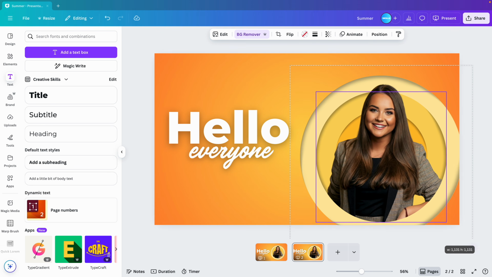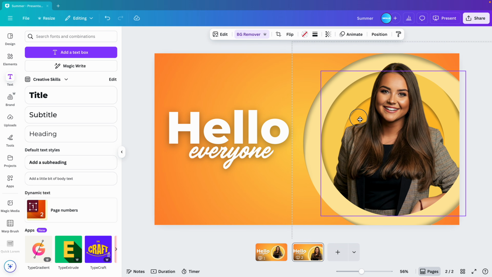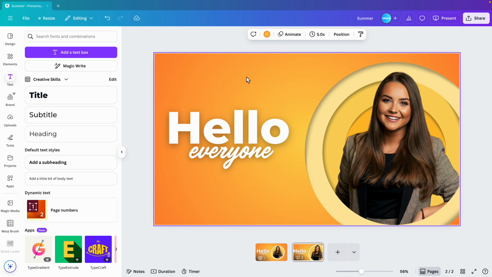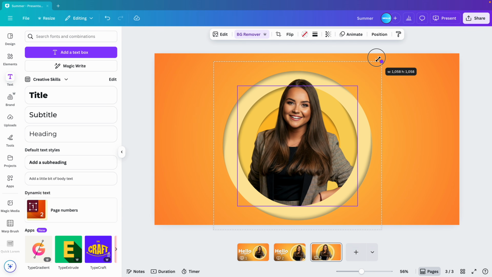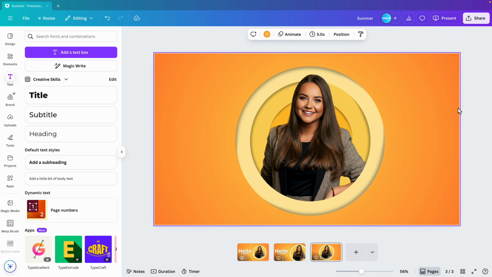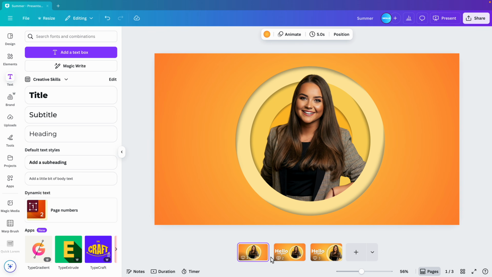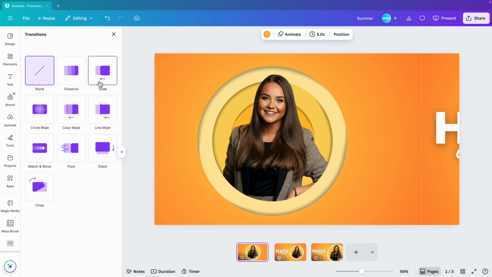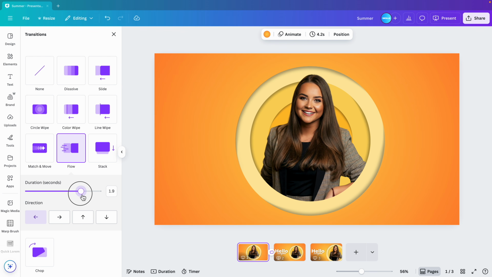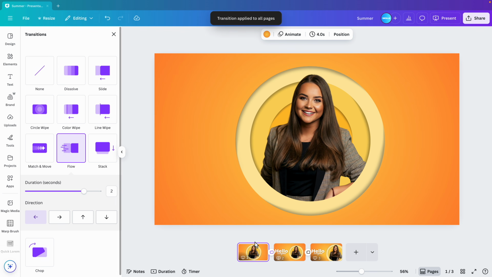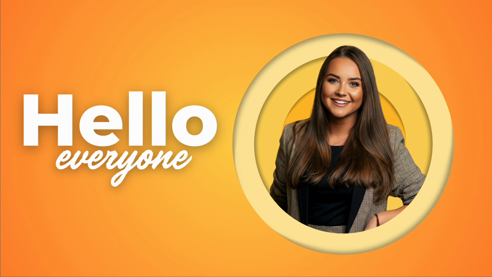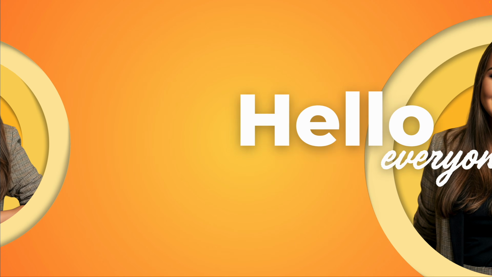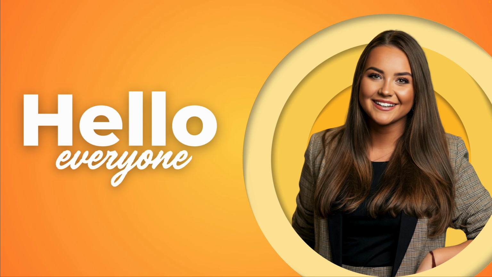But you can see if you just scale around with those things, you can make some pretty cool and intriguing designs for your presentation and slides. So that's what I always like to do. I like to have some sort of an eye catcher in the presentation. And if I now just add some cool transitions, some flow transition, increase the duration, and apply between all pages and preview, then we can have a look at this nice presentation with the layer design, and you can make some really cool graphics with it and have that 3D layered effect of a portfolio or showing someone in a pretty